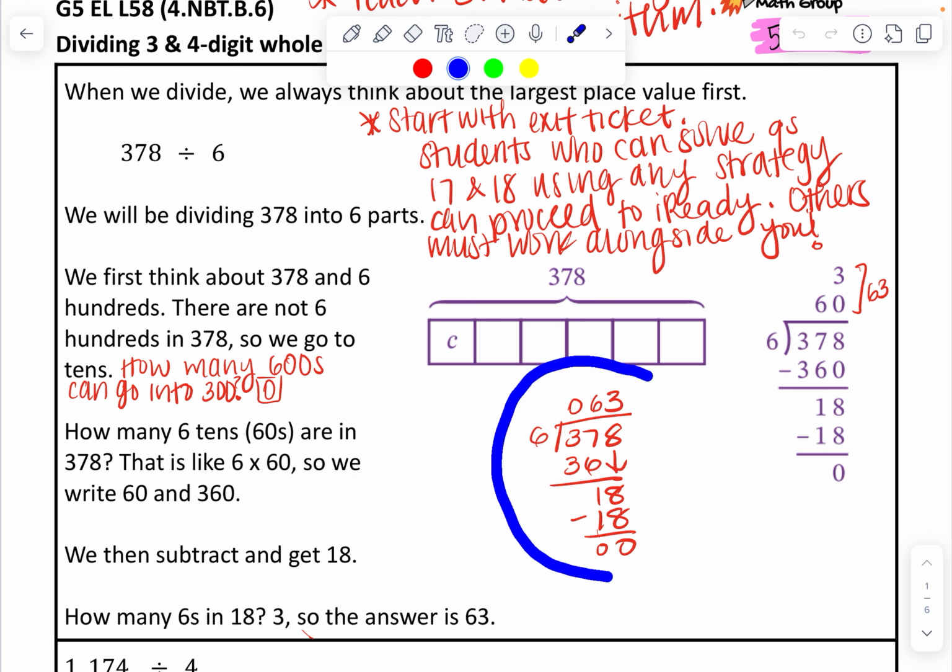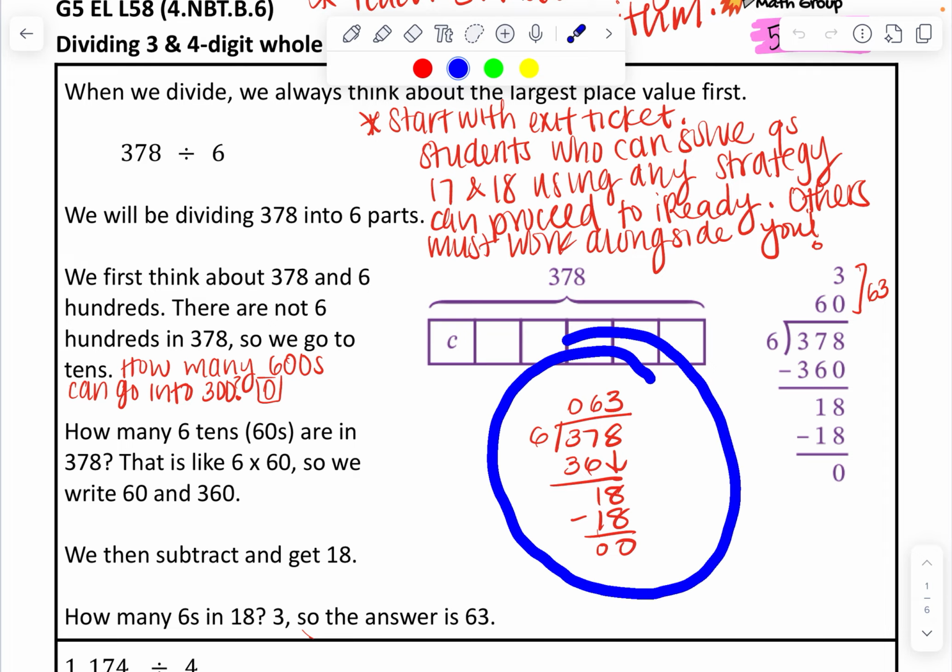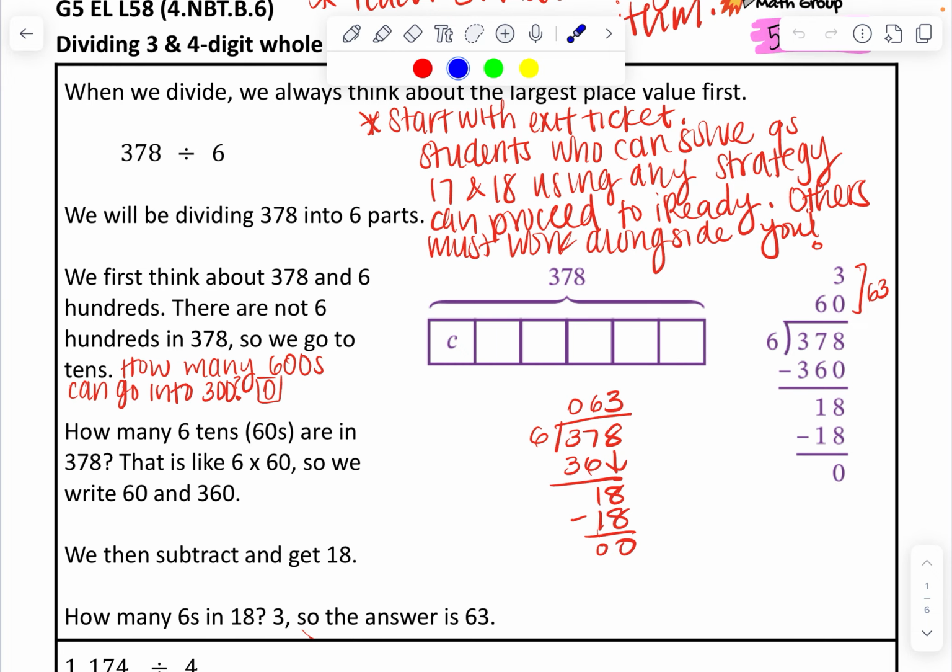You can use the regular standard algorithm. You don't have to use partial products. I would actually prefer you to go through the standard algorithm and ask students, how is my process similar to the process that was already provided? Where do we see similarities between the numbers we subtracted